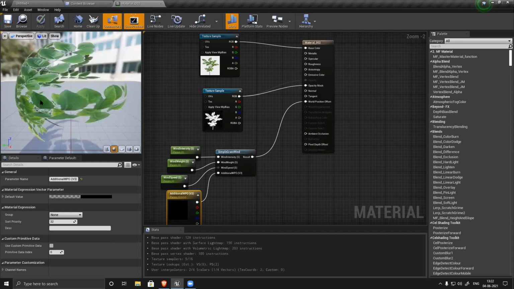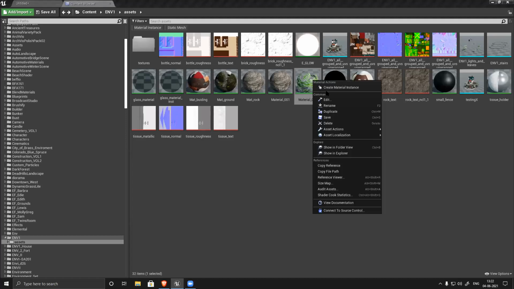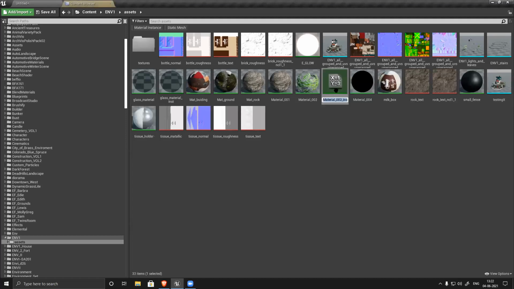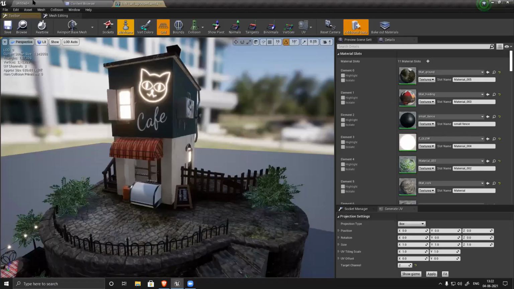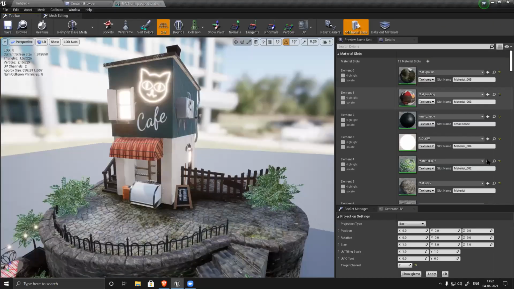Okay. So right now you can see nothing is moving. What you have to do is right click, create an instance and apply this instance here. Select this and replace this one. Done.